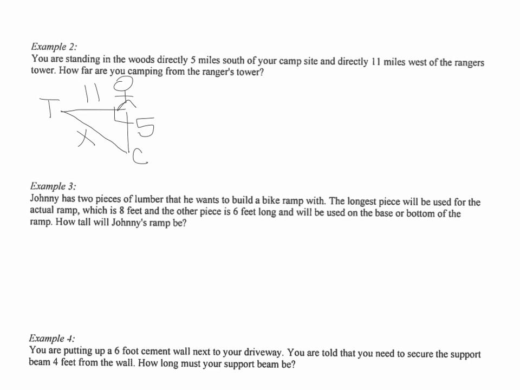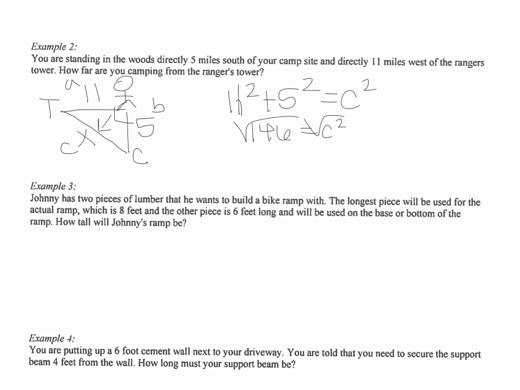So this makes a right triangle. So how am I going to find that distance? I'm going to do the Pythagorean theorem. So this is C, A, B. So 11 squared plus 5 squared equals C squared. So 121 plus 25 is 146. So now I'm going to square root both sides. So C equals 12.1. So therefore,